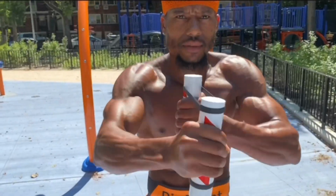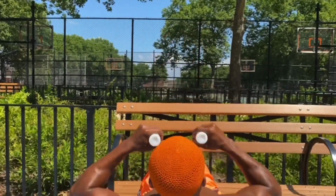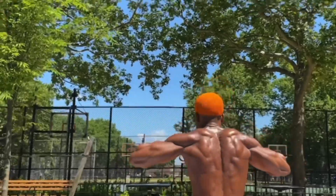Indeed, in the body, literal translation is a lump of flesh, a piece of meat. إِذَا صَلَحَتْ صَلَحَ الْجَسَدُ كُلُّهُ. And when that lump of flesh